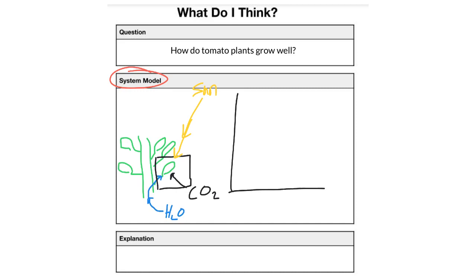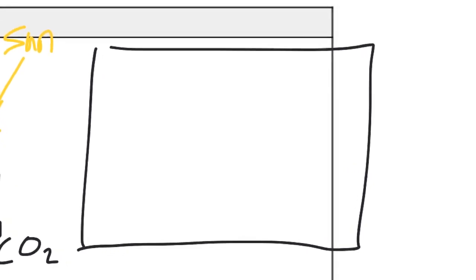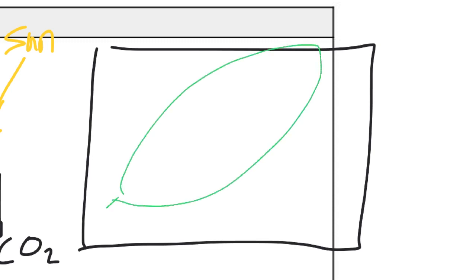You know, if you have other things that you think or that you wonder about, remember this is kind of like our hypothesis. So now I'm going to zoom in on that little box that I had. I had my leaf right here, so we can get a little better look at it. And I'm going to draw these little things called chloroplasts in here. Right, these little chloroplasts in here. You probably heard of them before, but these little guys who are going to take the sunlight that comes in,